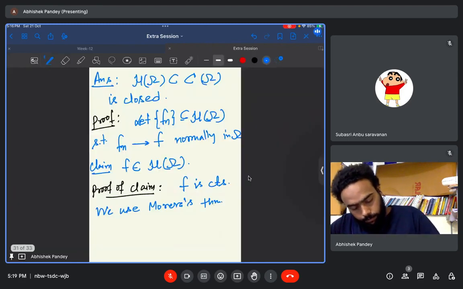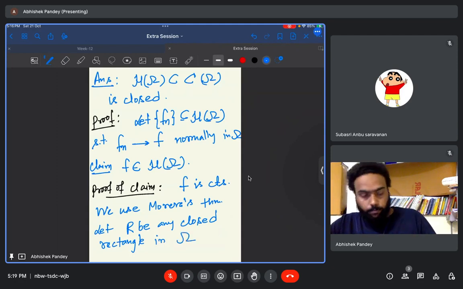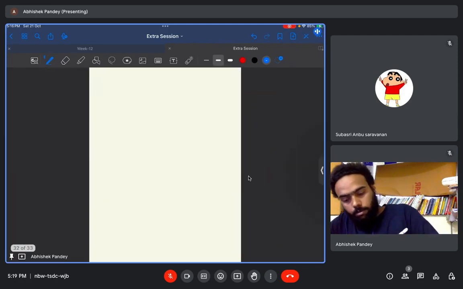So let R be any closed rectangle in omega. R being a closed rectangle, by Cauchy's theorem for rectangles,